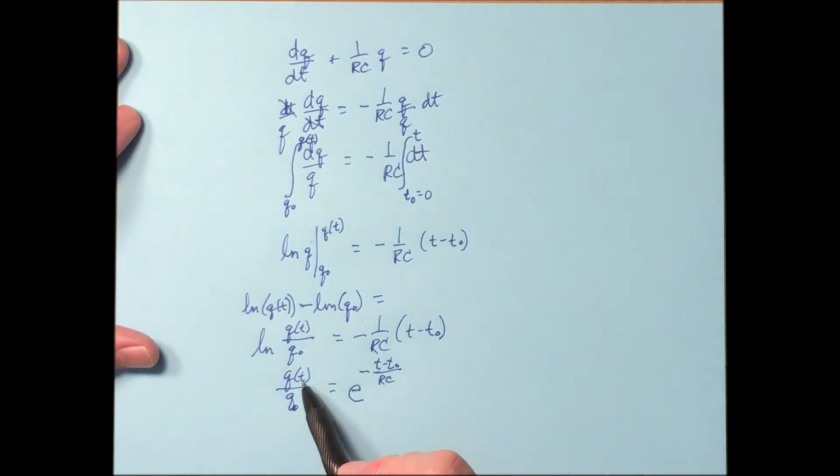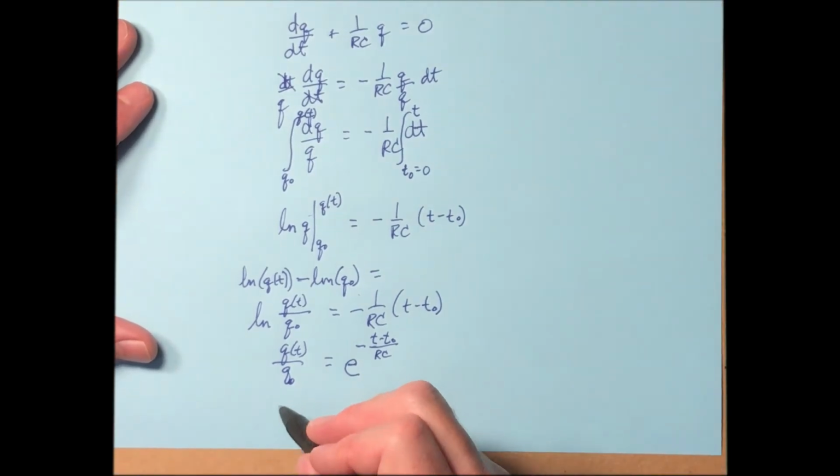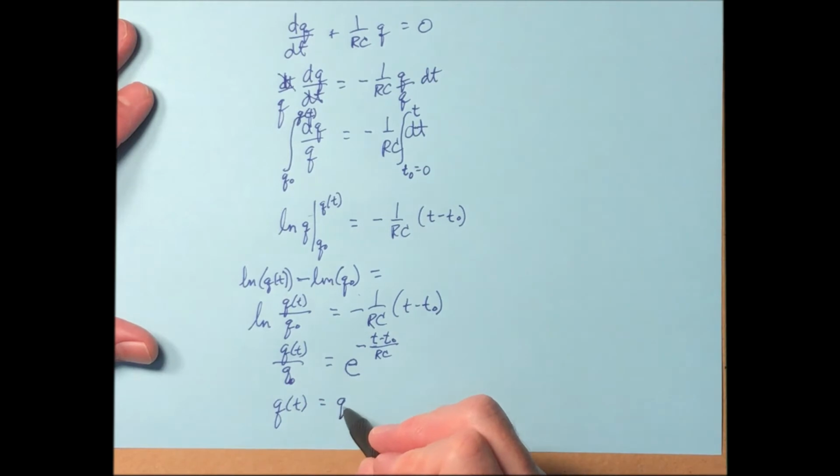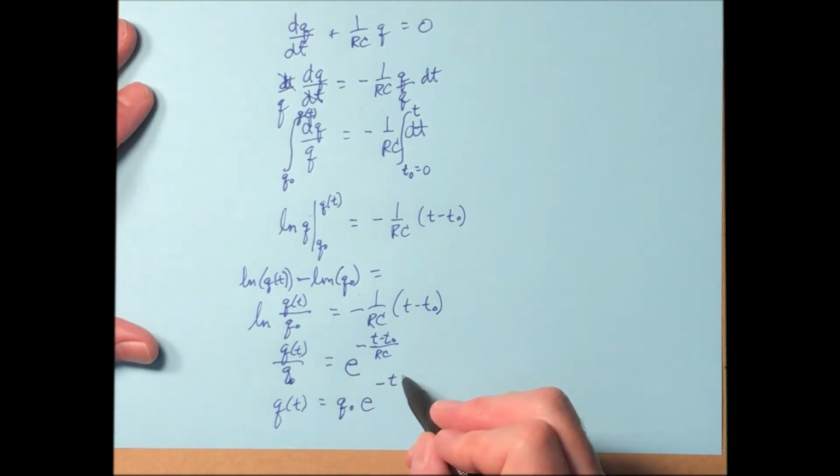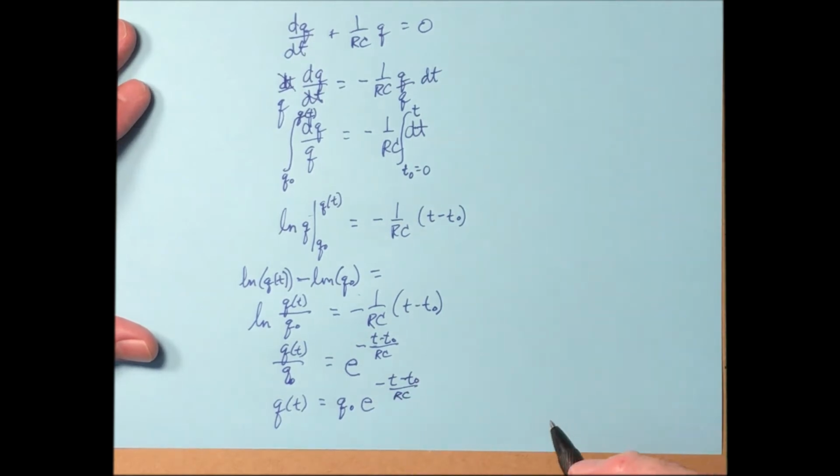All right, let's multiply through by Q naught to get Q of t on one side by itself. And what do you end up with? Q of t is equal to Q naught e to the negative t minus t naught over RC,